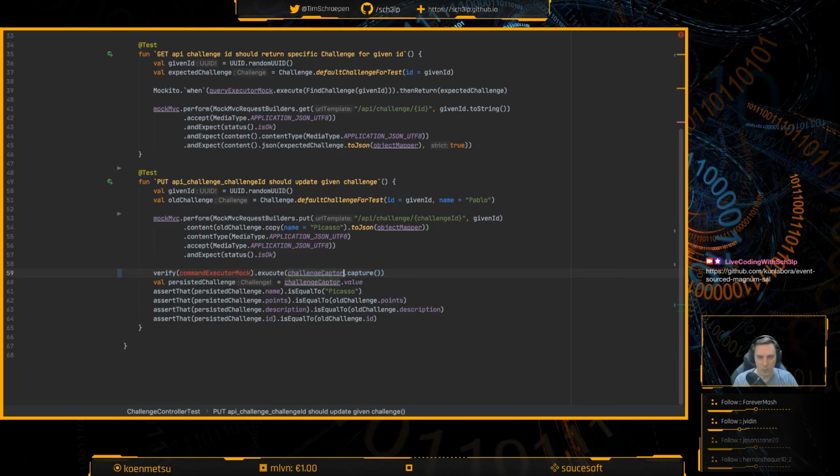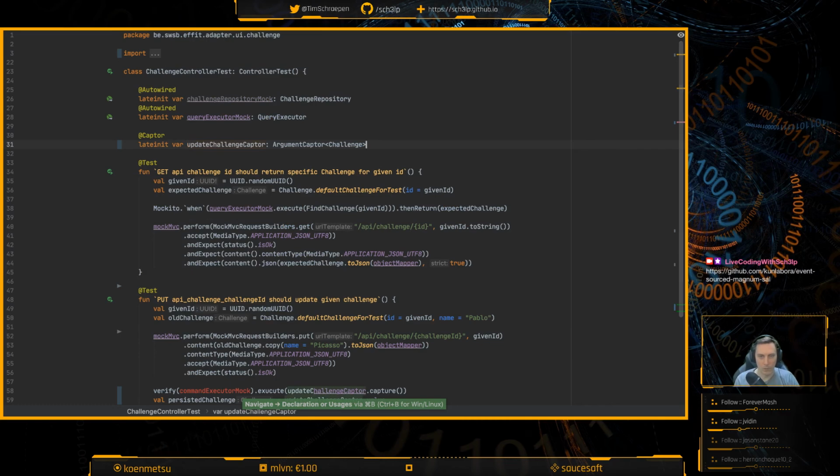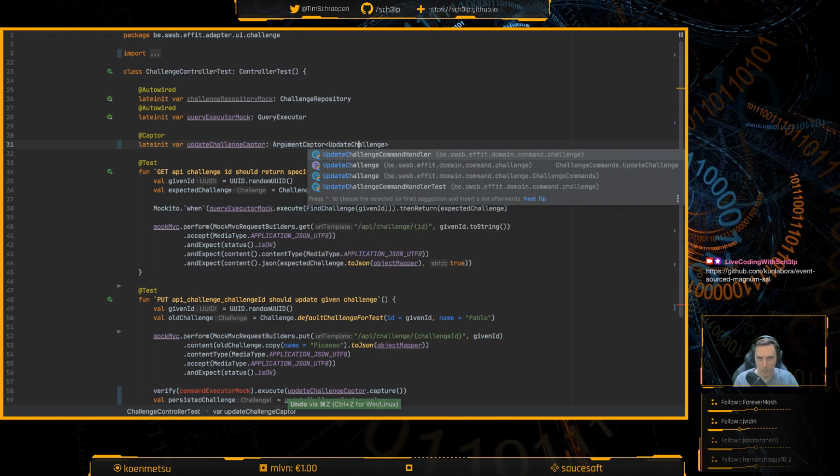This I still want though. So update challenge captor. And this is no longer a challenge, but an update challenge command.